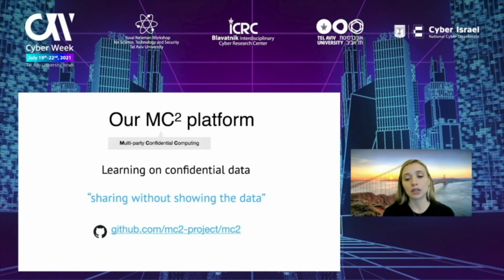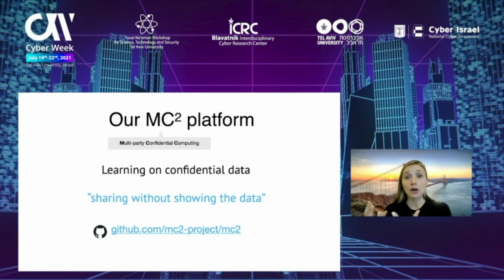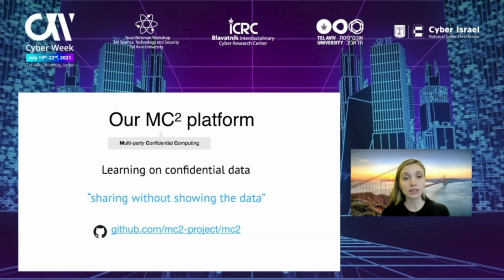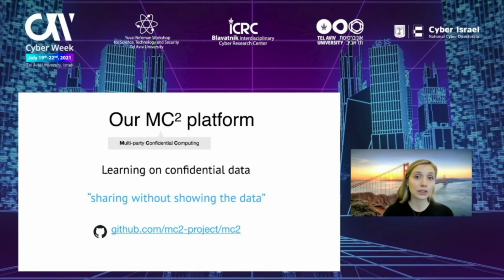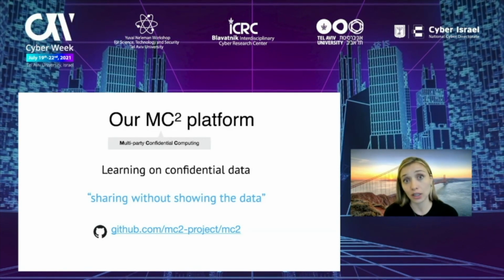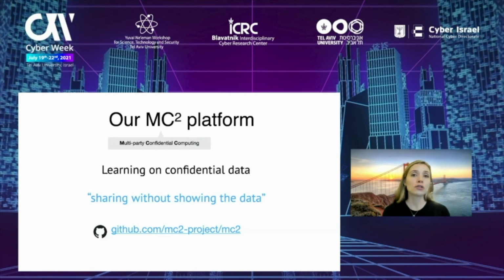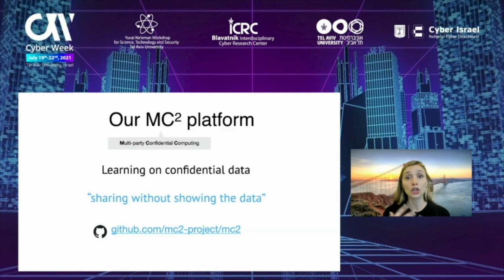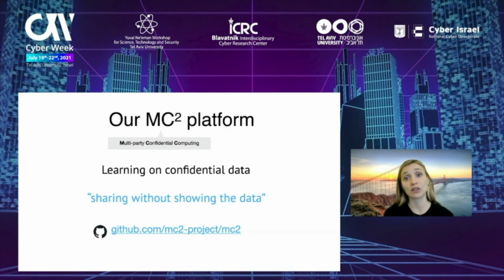So you can use MC Squared either in the cloud just for your own data to protect the data from the cloud or from hackers, or you can use it to collaborate across your different divisions or branches that can share data with each other, or you can use it to collaborate with a whole other organization whenever you need to learn from data that some parties cannot see.